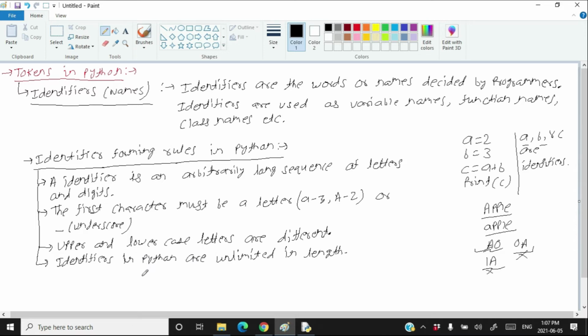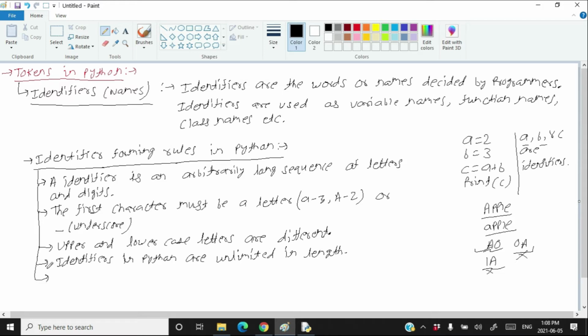But you should always use an identifier which is meaningful. Here I have used identifiers like A, B and C. These are not meaningful identifiers. If I use number1 instead of A, number2 instead of B and sum instead of C, then those will be meaningful identifiers here. But in this case I am not using meaningful identifiers. The name of an identifier should match the work of the identifier in the program.